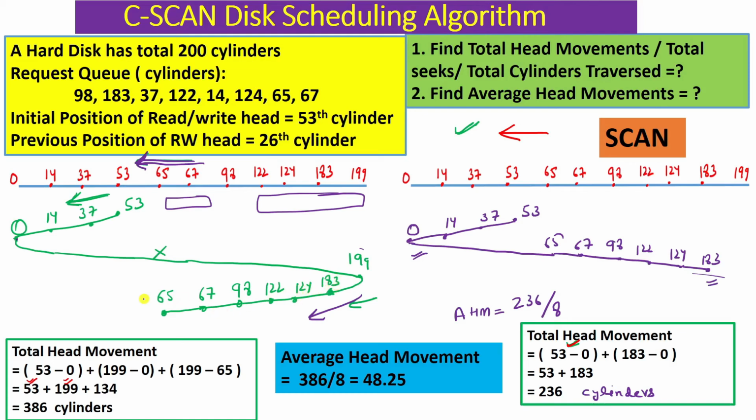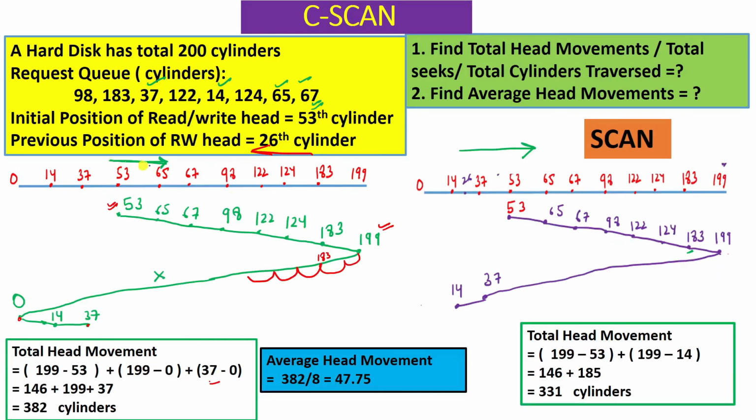The same thing we can do in the other example. If we are moving in this direction, again you service them. Then make a jump and again you service in this direction, that is 14 and 37. So again and again you are moving in this direction, changing the direction, coming to this end again. You service from here always, so that these requests have a uniform waiting time.